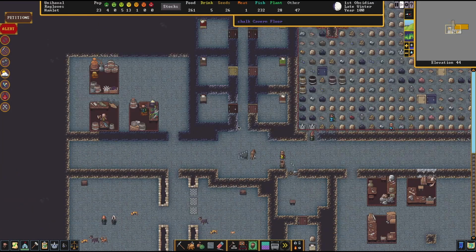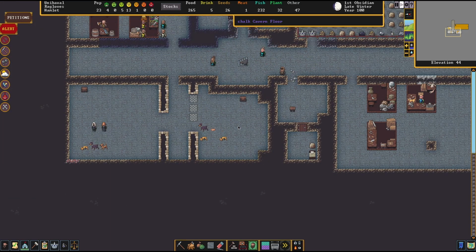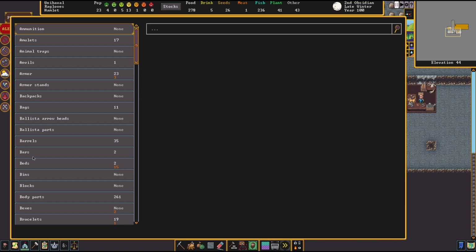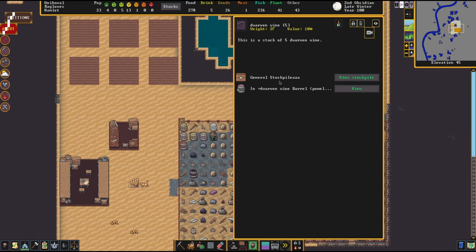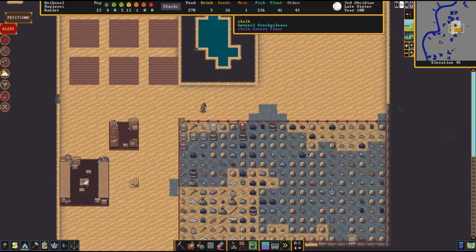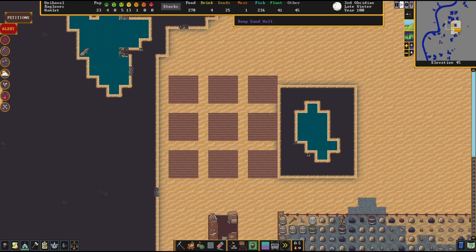I am going to have to think about that. Hey, we have 5 drinks. I've just noticed as well. Can I go to drinks, by the way? D for drinks. We have got dwarven wine. Can I learn a bit more about that? Stack of 5 dwarven wine. It's up there, general stockpile in dwarven wine barrel. Fantastic. That is excellent. We are going to leave it here, having successfully...